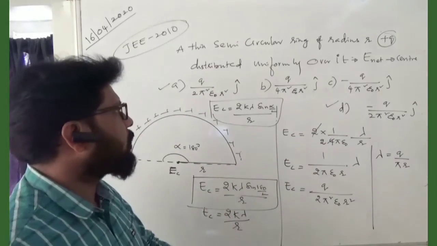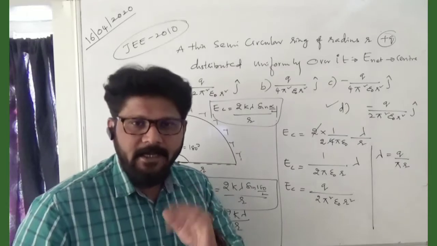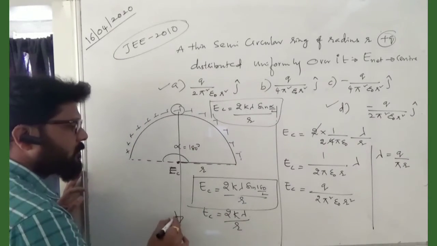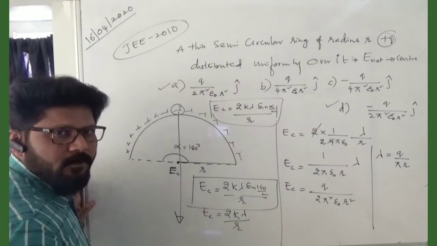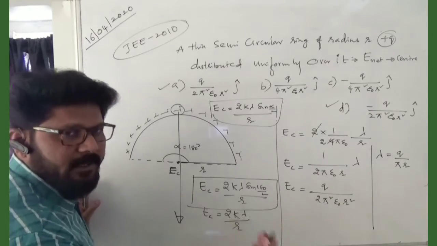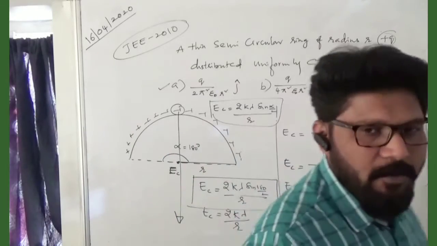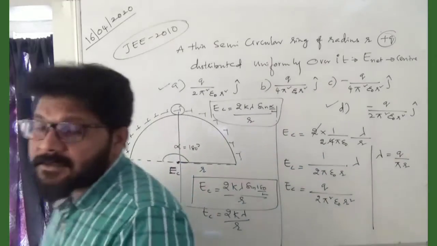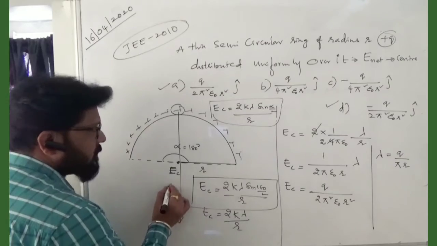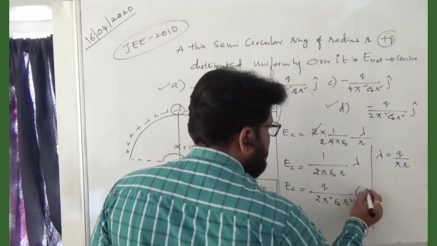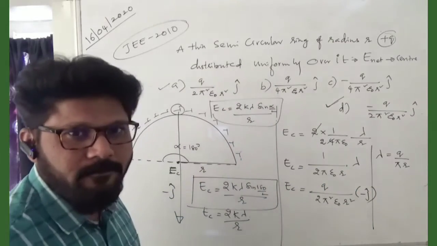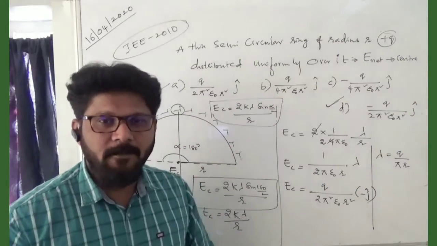But the problem comes now. The magnitude is the same, but we need the direction. The direction, for a positive charge, is always away from the positive charge. Downward direction means minus j cap. Everyone say minus j cap, right? So this is nothing but minus j cap. That means we can write minus j cap, and this will be the answer. That means this other one is wrong. A and B are the two options.